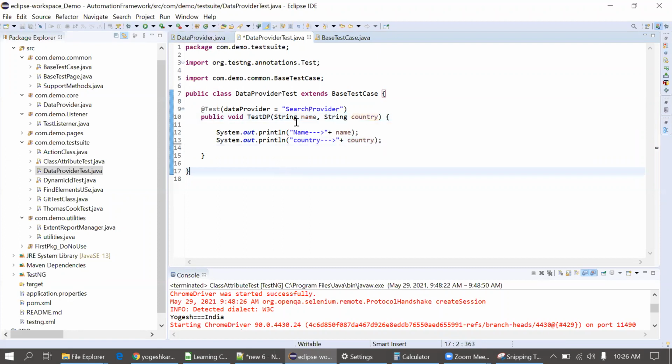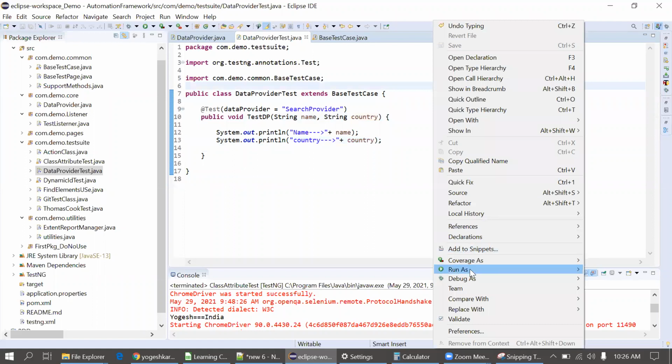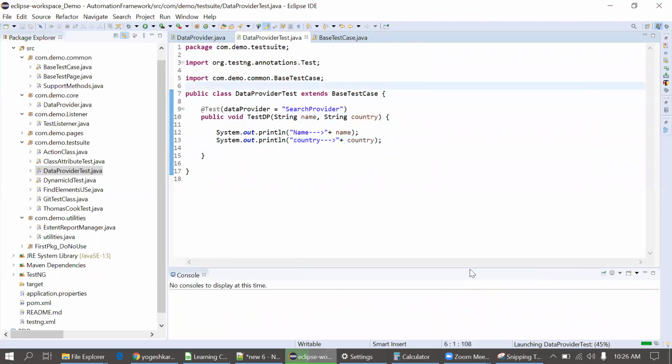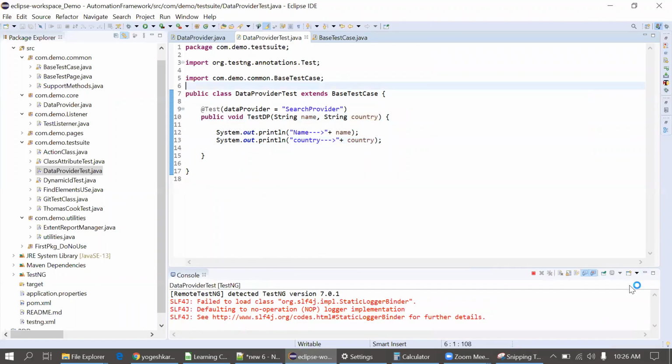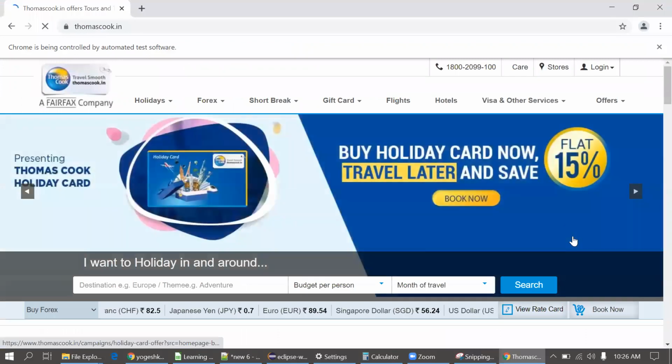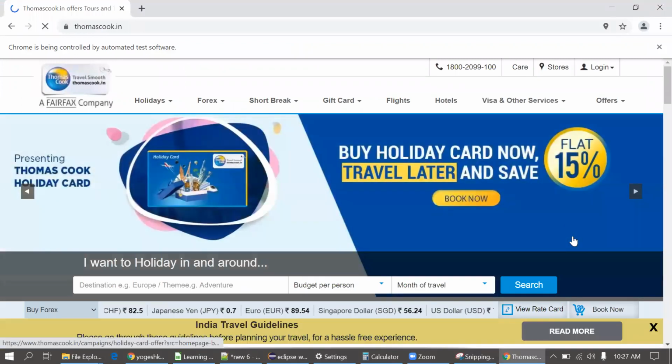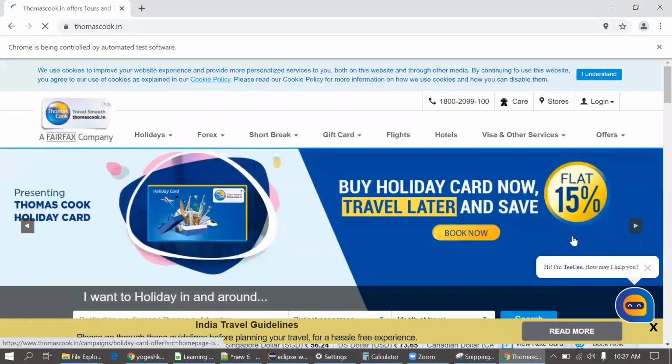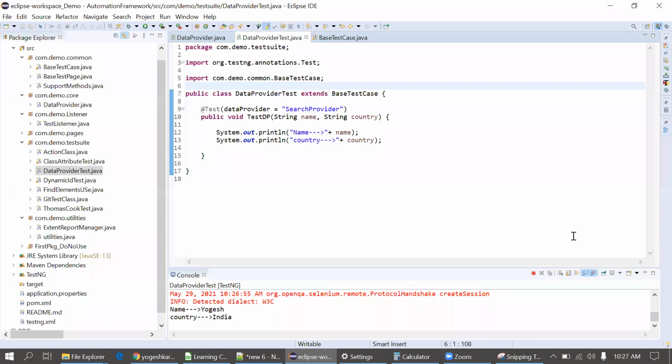Now this test case will get executed thrice. I'm just executing it. Run as TestNG test. I'll open the console. Actually, this is opening the browser because we have written some code to hit this URL. So simply ignore this part. This will open by default.